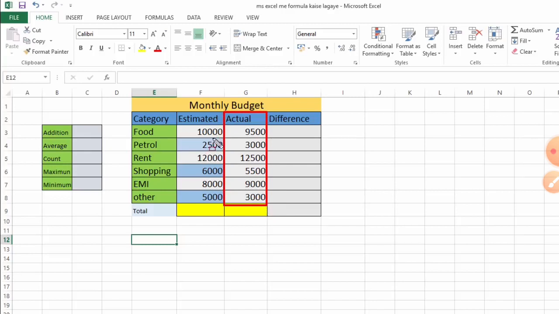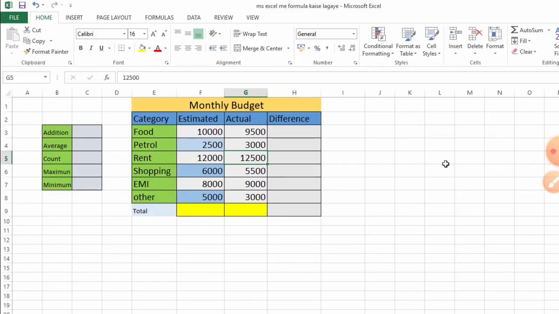So how can we estimate by using the formula? First, we will clear the cell addresses from starting to end. Now we want to click on the estimated column for getting the estimated expenses in the month. From the start it is F3, so the cell address would be F3. And the actual column is in the G column. So first we want to get the estimated calculation, the estimated expenses.